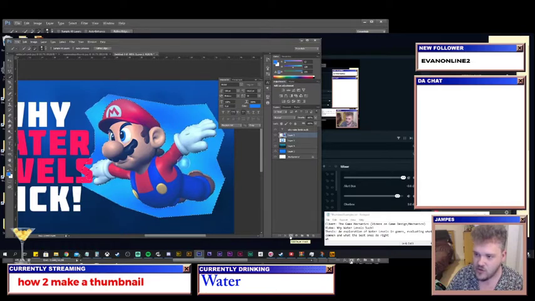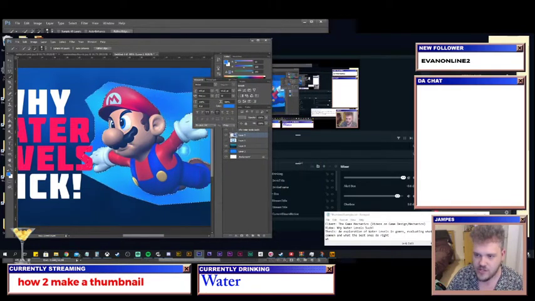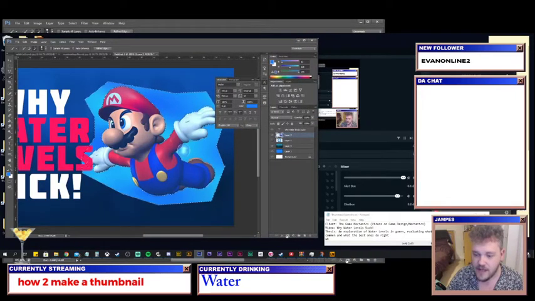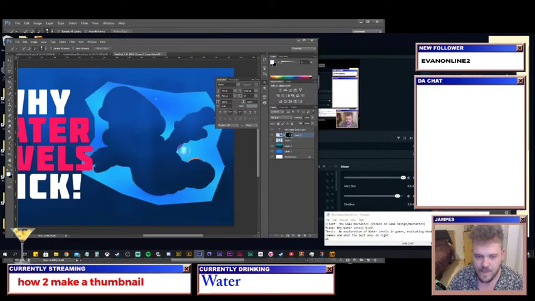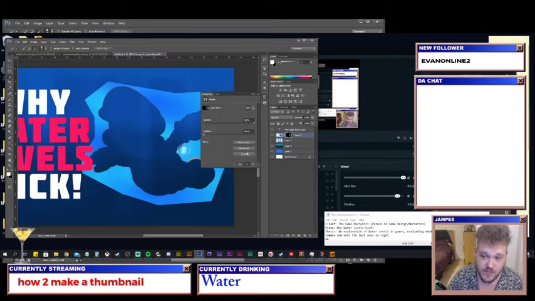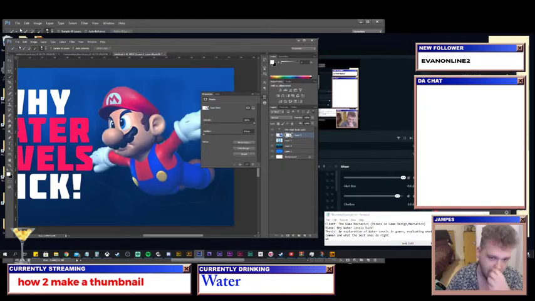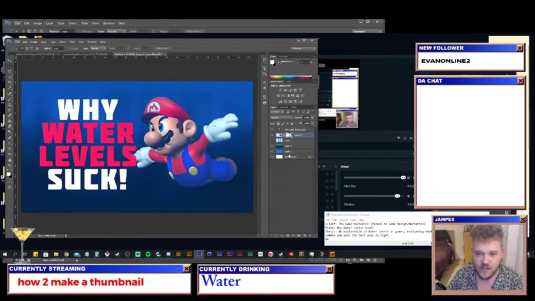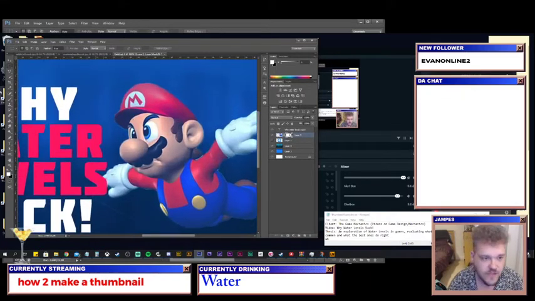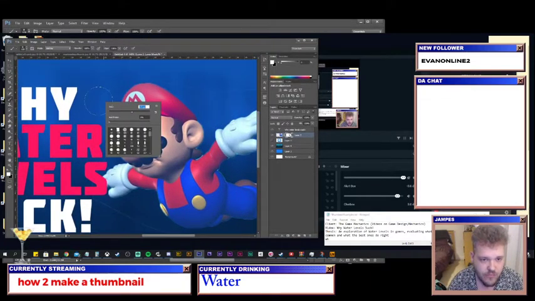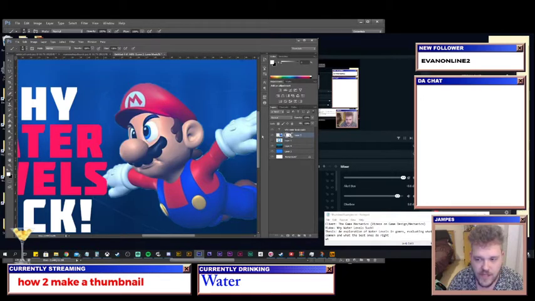So if we click this little button down the bottom by here, which hopefully you should be able to see. This little button down the bottom by here, like so. Initially it looks like Mario is the person who's disappeared, but if we double click on him and say invert, he has now come back. Unfortunately there is still a little bit of an edge around him, but that is something that we can paint out. So if we grab a nice soft brush like so, make sure that it is in black, yep,